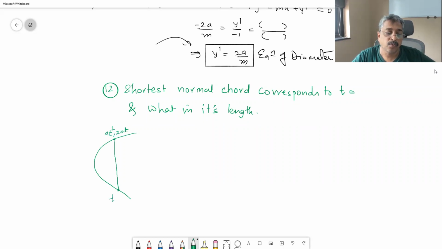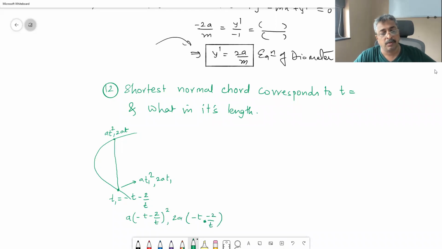Then this is suppose t1. Then we know t1 is equal to minus t minus 2 upon t. Okay, so the coordinates of this are going to be at1 square comma 2at1. Therefore, in terms of t, it will be a into (minus t minus 2 upon t) bracket square comma 2a into (minus t minus 2 upon t). Okay, and then this distance that we are supposed to find out, distance square is equal to